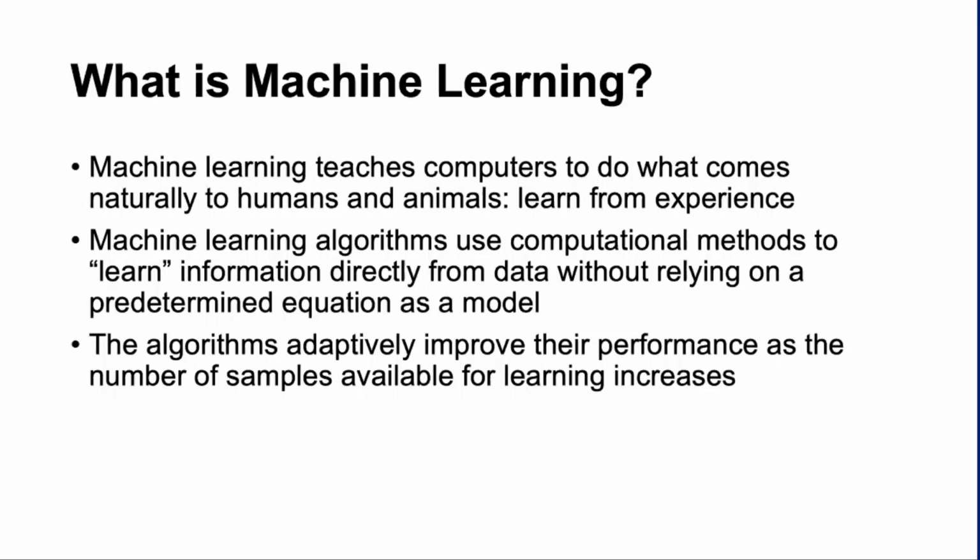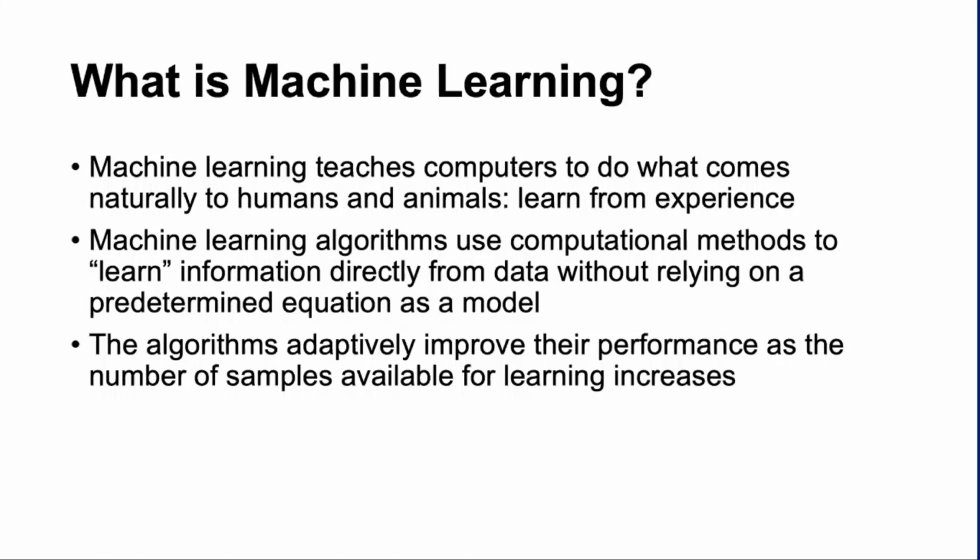Okay? Now, machine learning algorithms use computational methods to learn information directly from data without relying on a predetermined equation as a model. Okay? Because as I mentioned earlier, when we do some equations, that is simply a reactive approach, okay? Or a rule-based approach. So for machine learning, we are not relying on these rules or these predetermined equations, but mainly only on the given data set or the given input data set and whatever our desired output, okay?